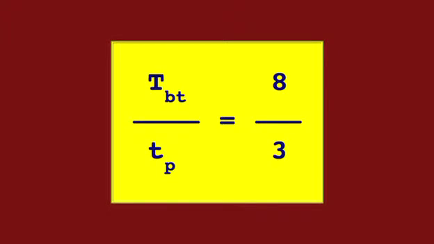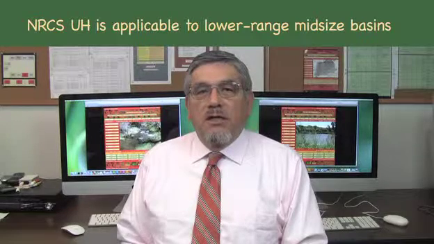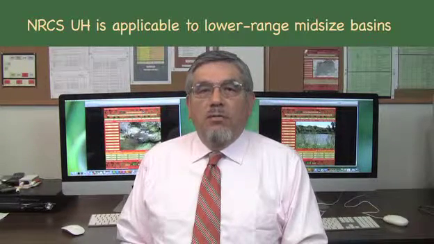The NRCS synthetic unit hydrograph is the dimensionless unit hydrograph developed by Victor Mockus in the 1950s. The method fixes the ratio of triangular time base to time to peak to a constant value of 8/3. This implies that in the NRCS unit hydrograph, the Snyder parameter C sub p is constant and equal to 11/16. This stresses the applicability of the NRCS unit hydrograph to the lower range of mid-sized basins, say from 1 to 100